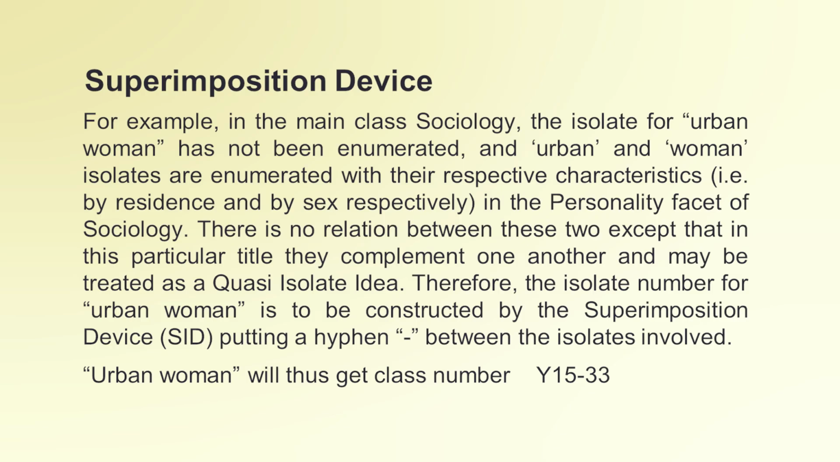In the personality facet of sociology, there is no relation between these two except in this particular title. Here they complement one another and may be treated as a quasi-isolate idea. Therefore, the isolate number for urban woman is to be constructed by superimposition device, putting a hyphen between the isolates involved. Urban woman will thus get class number